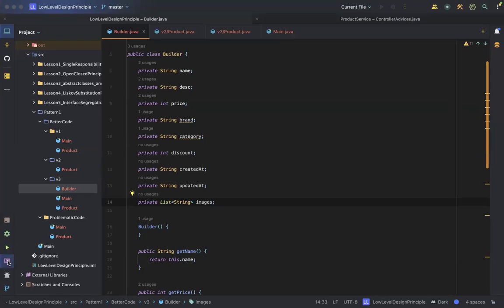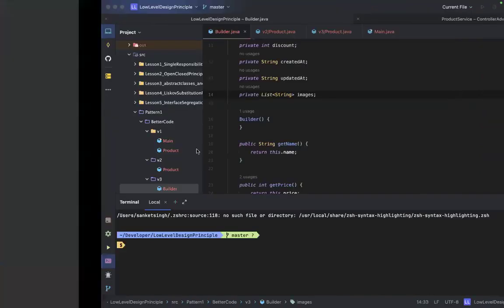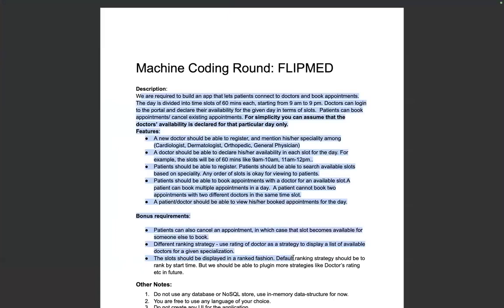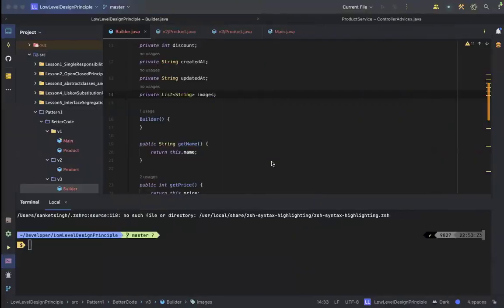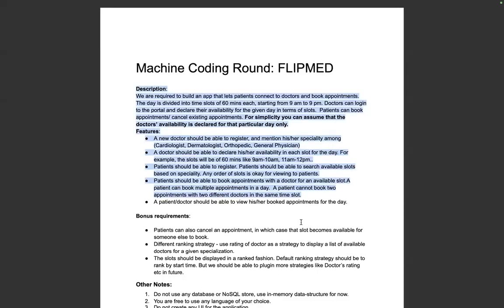नहीं, ऐसा हो सकता है कि एक LLD का अलग राउंड हो, मशीन कोडिंग का अलग। मशीन कोडिंग में एक प्रोजेक्ट बनाना पड़ता है, देखो ये प्रोजेक्ट है, इसमें कोई तुमसे डिजाइन पैटर्न नहीं पूछ रहा, या कोई सिंपल सी क्लास का क्वेश्चन नहीं पूछ रहा, या जैसे आज हमारा क्वेश्चन क्या था कि एक क्लास बनानी है, ऐसा क्वेश्चन नहीं पूछ रहा। इसमें पूरा ऐप कोड करना है, मशीन कोडिंग में ऐप कोड करनी होती है।